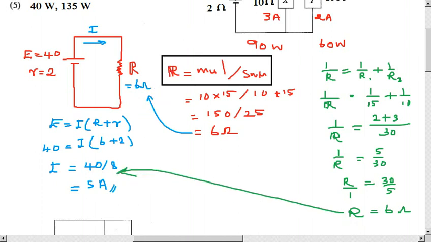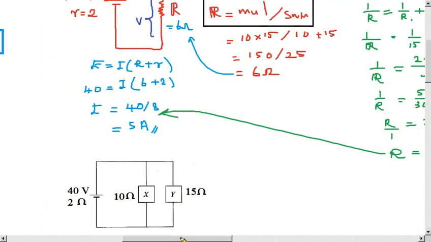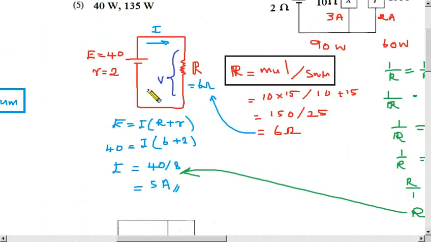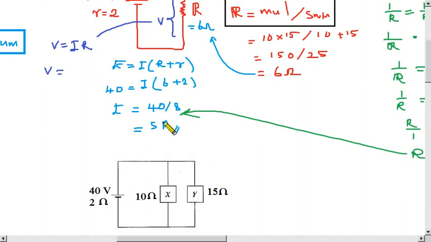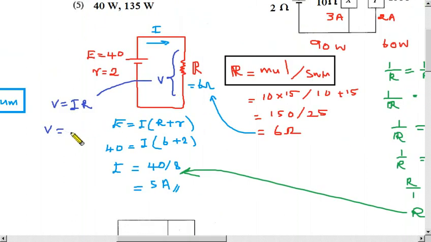Now we want to find out the voltage. So let us use V equals IR, because we are not going to use the ratio method, that is why we are going to use V. Otherwise you don't need to find V if you know the ratio method as I explained. If you like, you can find the answer without finding this V. V equals I times R, I is 5 ampere, R we already know is 6,